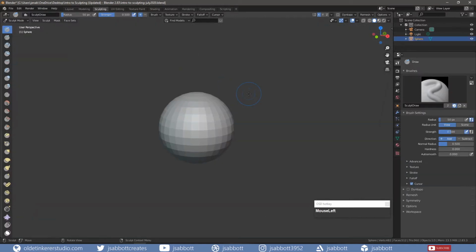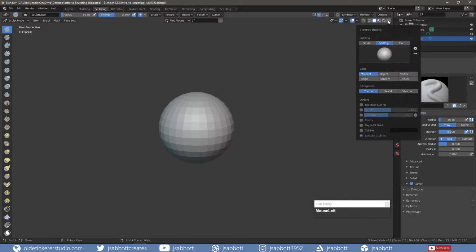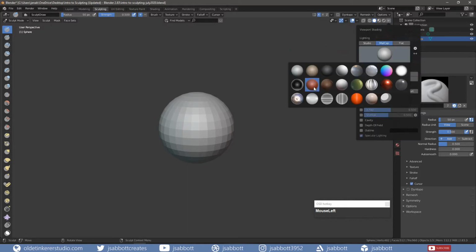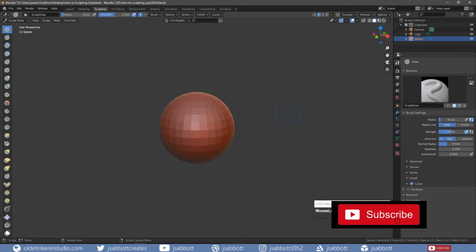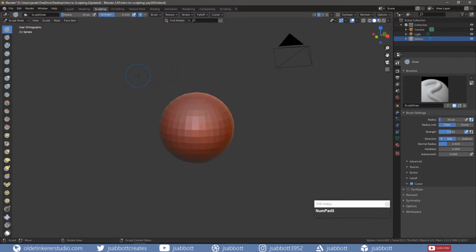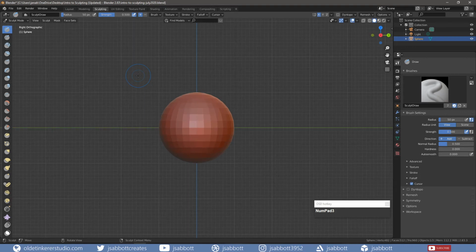In the sculpting workspace, you'll notice that there is a material added to the UV sphere. This material is called a matte cap. You can change the matte cap under the viewport shading dropdown. A matte cap contains light and reflection information that is used to make it easier to see how the sculpting is affecting the mesh. You still have access to the standard views such as orthographic, front, or side view, as well as the zoom,